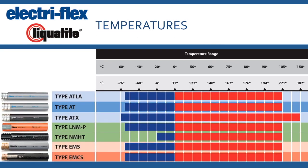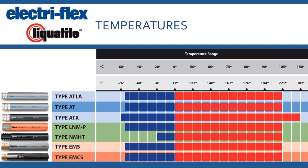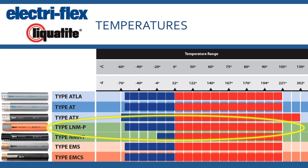Let's review the temperature chart for Electro Flex's line of extreme temperature conduits. To select a conduit for low temperature applications, first determine the lowest temperature the conduit will be exposed to on a continuous basis, and also determine the lowest temperature the conduit will see as excursions. If shielding is required, our types EMS and EMCS provide superior RFI and EMI rejection. If both low temperature operation and non-metallic conduits are required, select our type L and MP, which has an extremely